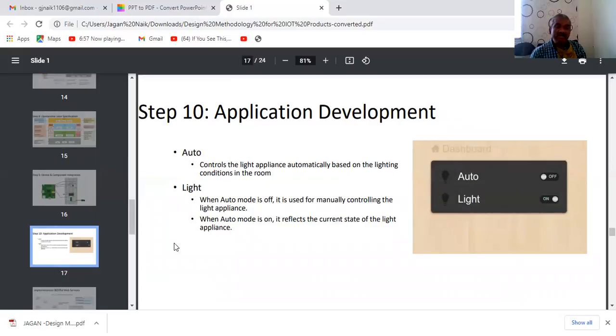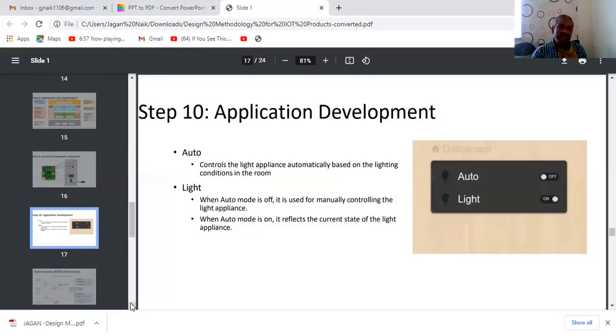When auto mode is off, it is used to manually control the light appliance. When auto mode is on, it reflects the current state of the light appliance. So it is the final stage for an IoT implementation concept, right?